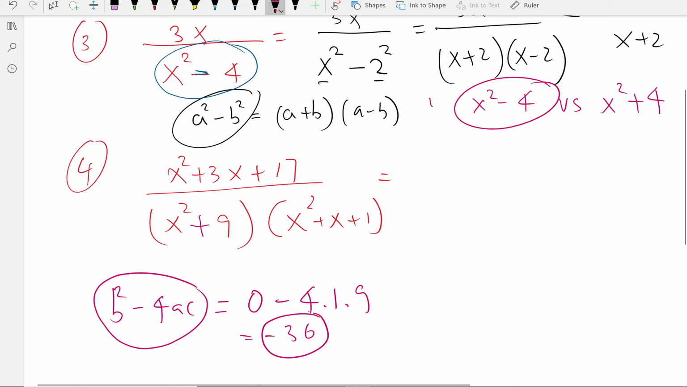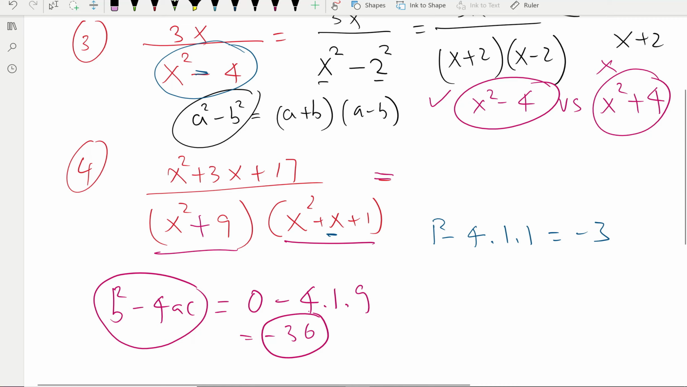This is reducible, but this is not reducible. This is irreducible. Okay, so similarly x square plus 9 is irreducible. How about x square plus x plus 1? Well, calculate b square minus 4ac. So here b is 1, so 1 square minus 4 times a is 1, c is 1, so 1 minus 4 is negative 3. Again a negative number for b square minus 4ac, so you cannot factor this quadratic expression